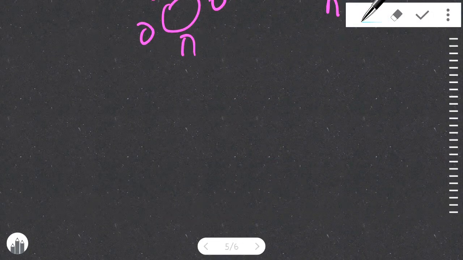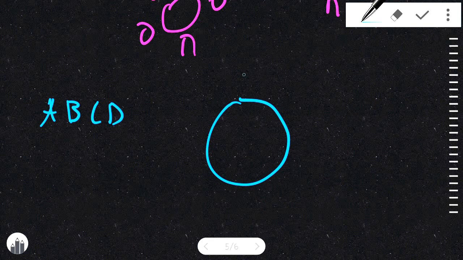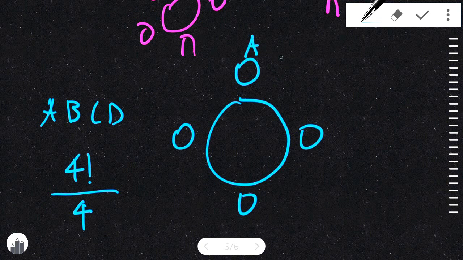Let's take another example. Let's say that students A, B, C, and D are to sit on the table. They're going to sit this side, this side, this side, and this side. What will be the total number of possible events in this situation? So now we have 4 students, so it's going to be 4 factorial over 4. Because either student A sits here, or here, and here, and here, the value is going to be still the